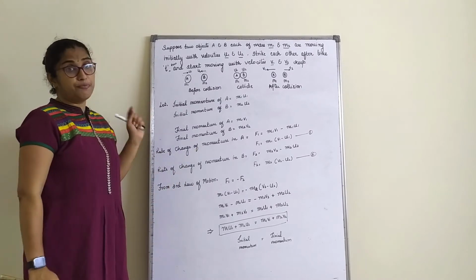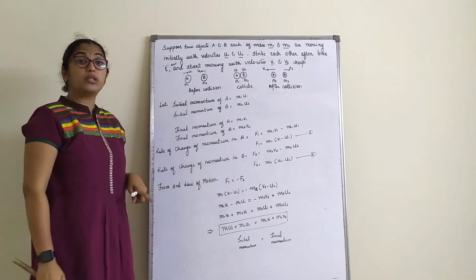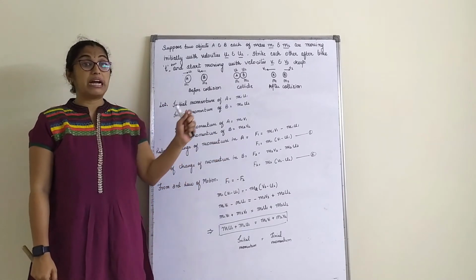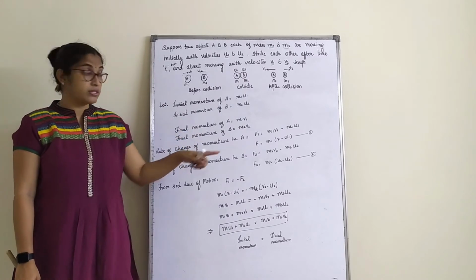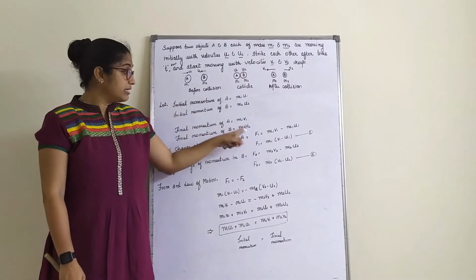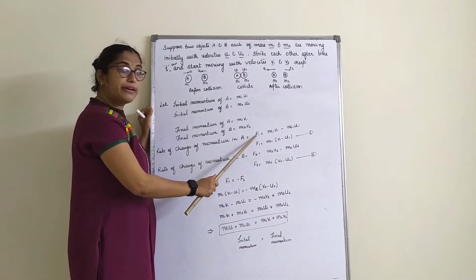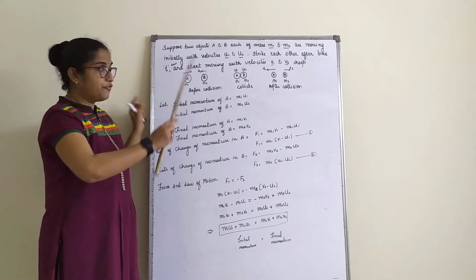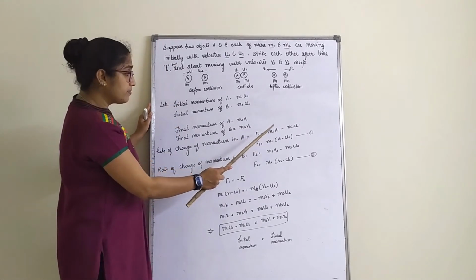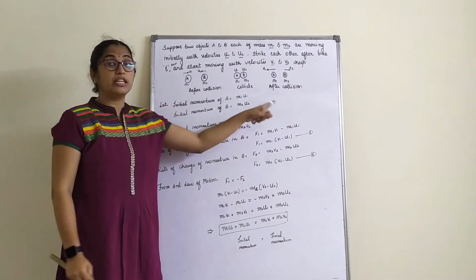Rate of change of momentum, we know that. Rate of change of momentum in A. Now we know that according to the second law, rate of change of momentum is directly proportional to the force, which we already proved in the previous derivation. So directly I have written here, rate of change of momentum in A is nothing but force F1, because of the first part of the object it is m1 v1 minus m1 u1.